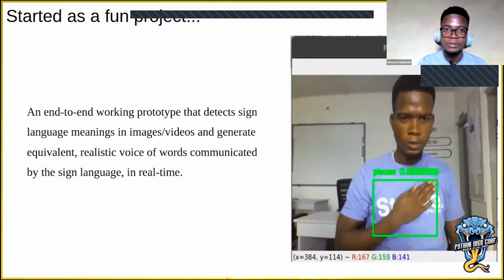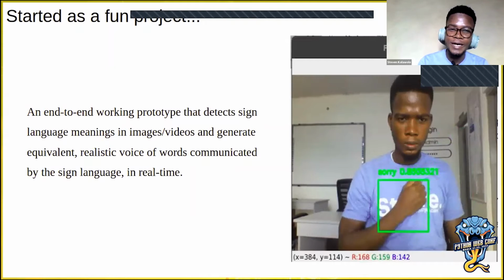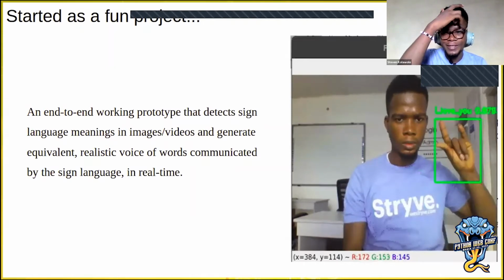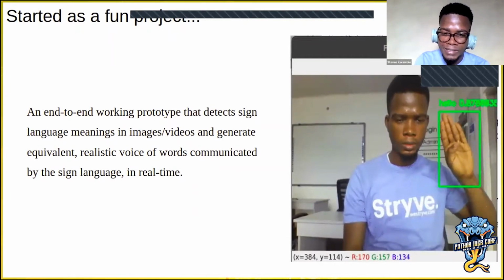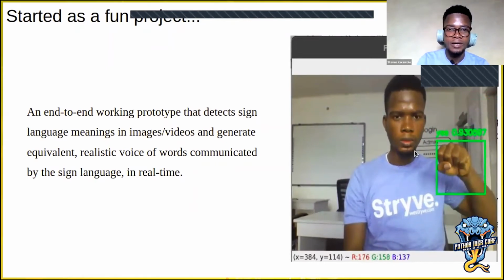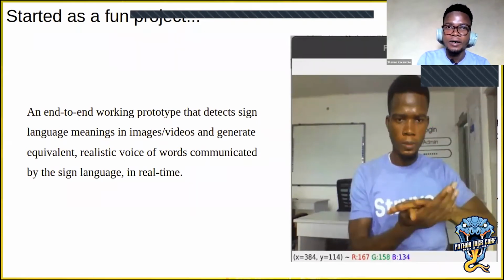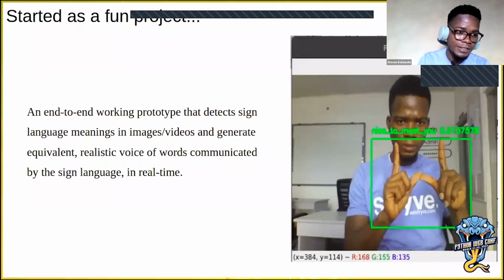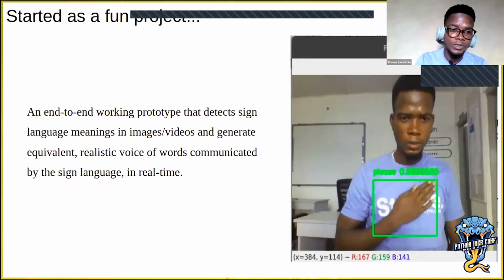Initially, I created the data set using my webcam. I learned about nine sign words online, and then I used that to create my data set. And then I had this working prototype, and when I was done with that, it was submitted to a challenge on Twitter. I think it's an AI challenge hosted by DeepQuest, and I won the challenge with this.